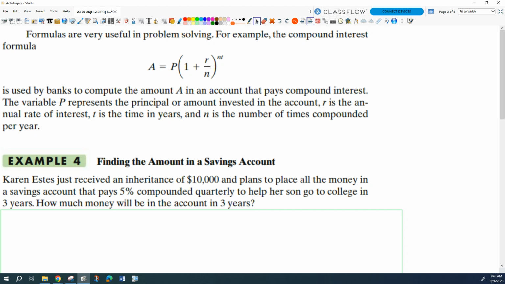And every time they pay you interest, what happens to your principal, the amount of money you have in the bank? That's going to go up a little bit, isn't it? So next time they calculate how much they pay you, it's going to be a slightly bigger chunk because now they're calculating the interest based on more money each time, right? So that's why investing makes sense, right? I know you've probably heard this 1,000 times. If you guys could somehow manage to invest, even if you just invested $1,000 in a fairly aggressive type of investment, like a mutual fund or something right now,